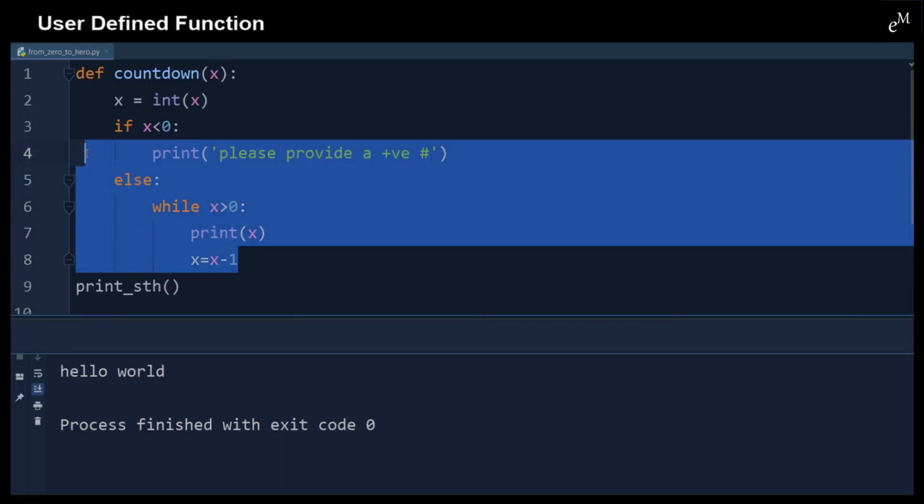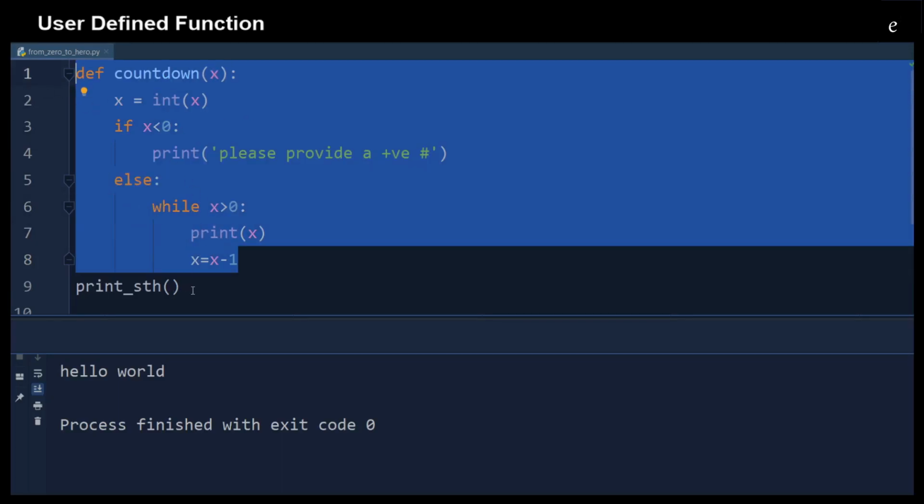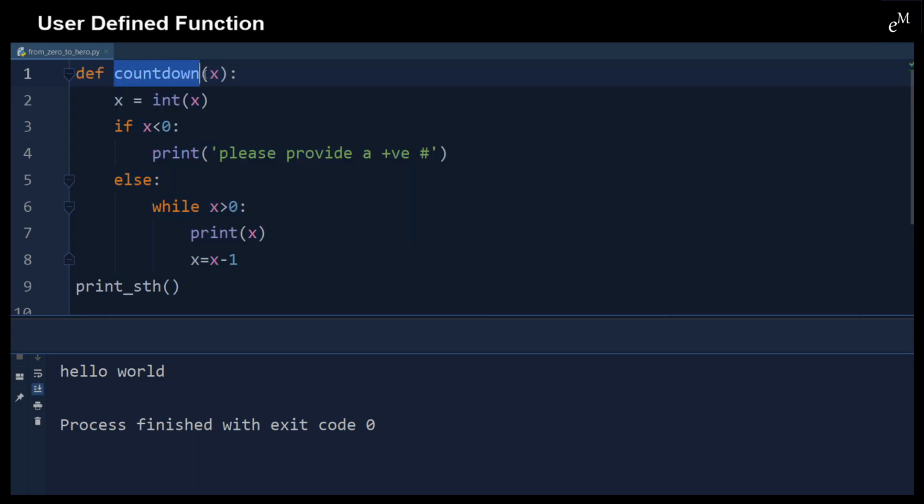So let's go through this function line by line. First of all, we create a countdown function by providing a name to it, that's countdown. And then we need to provide a parameter inside this function. So for example, if we provide a 5 here, and then we make sure that that is an integer, and then x is equal to an integer of 5, that means this is 5. If x is less than 0: 5 is not less than 0, that means we are not going to print out this